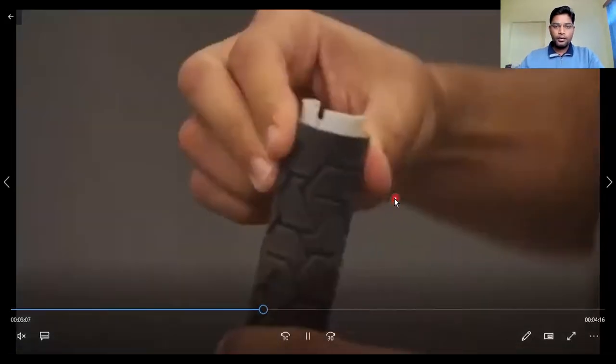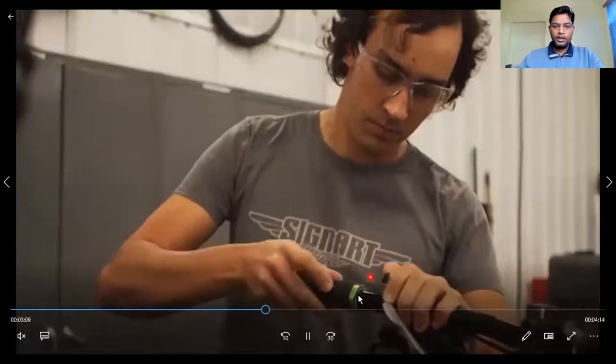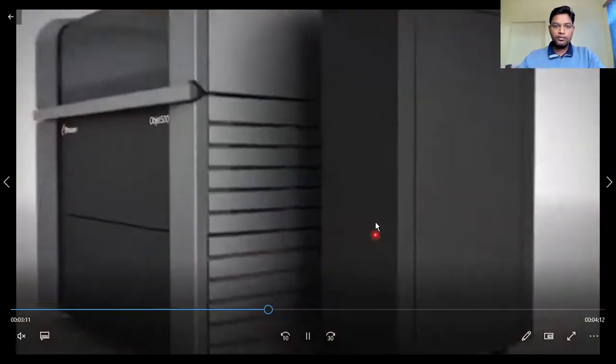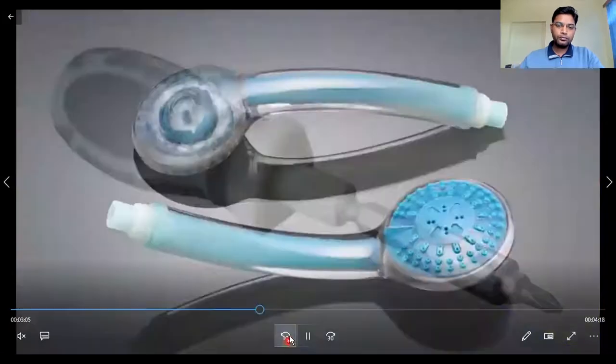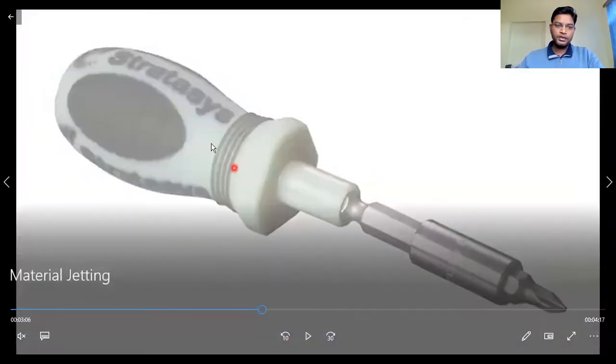If we talk about any of these products, there are multiple materials. If you see here, this is a harder kind of plastic, and this is a soft plastic.